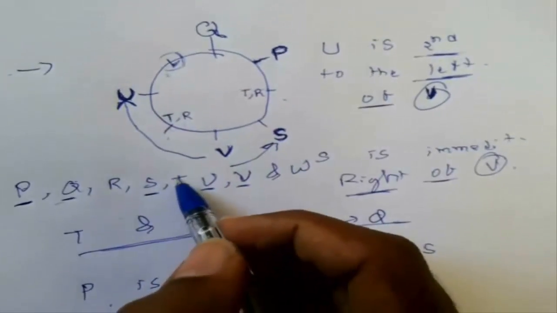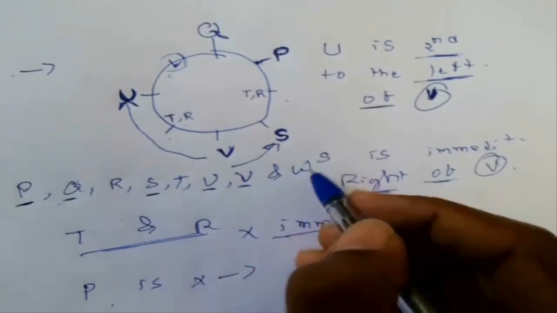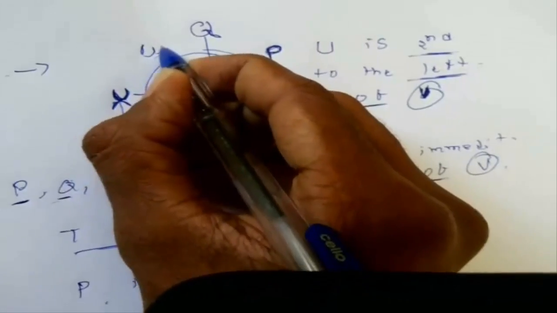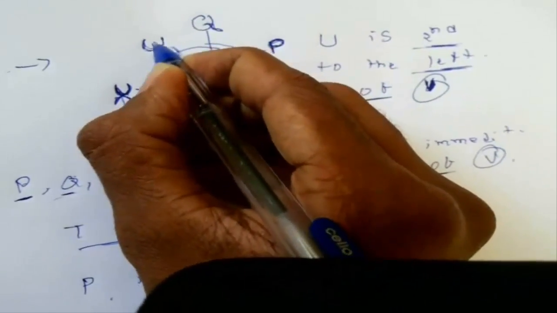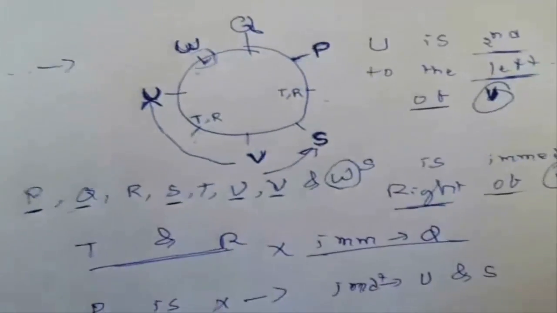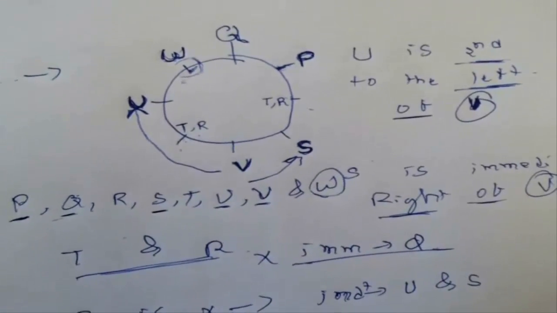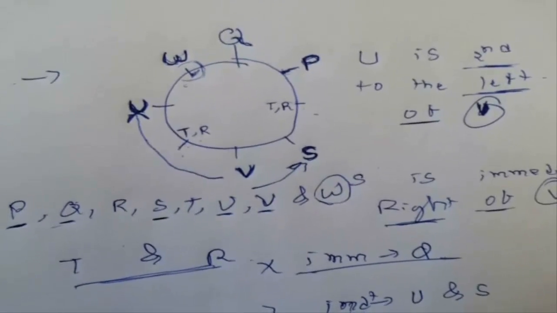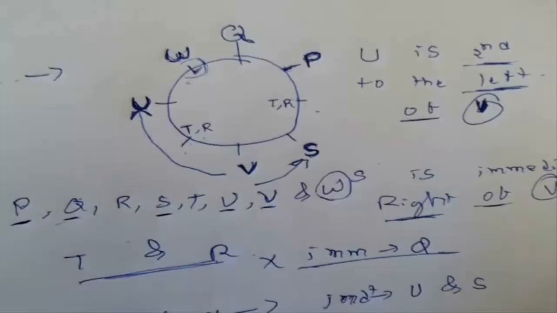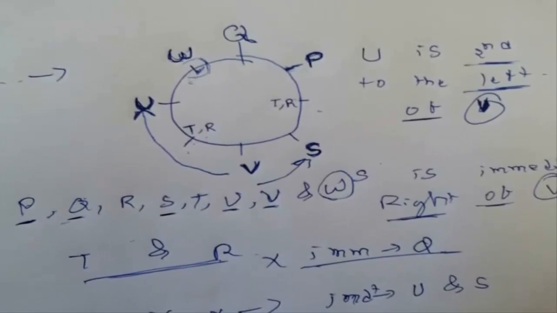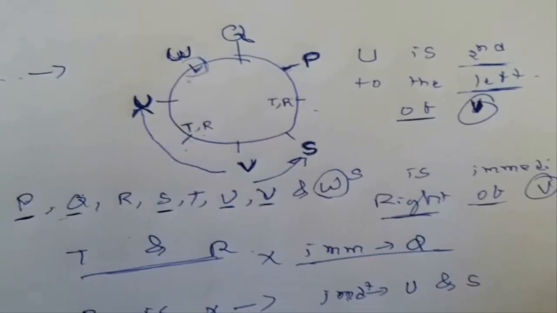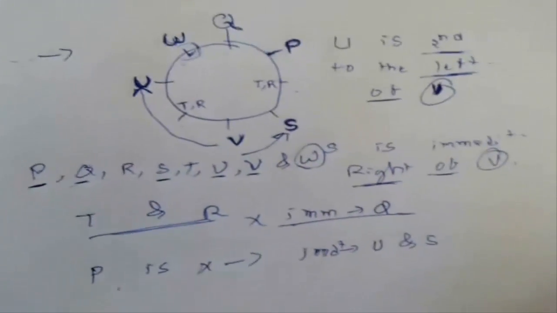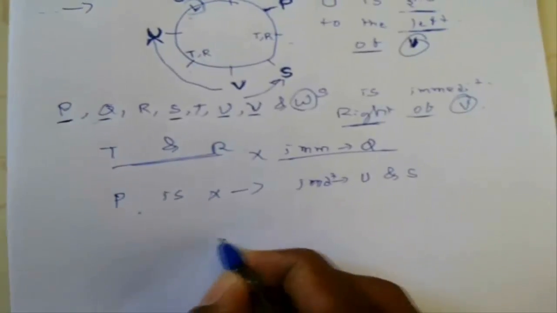So the letter which is remaining is W, which will come here. So the second condition is still a mystery, so we cannot solve it. Where will be the T and where will be the R? So based on this arrangement we will solve our questions. So the final arrangement will be